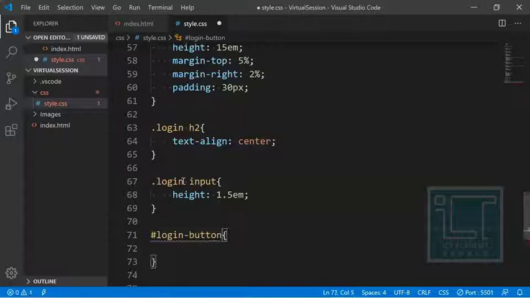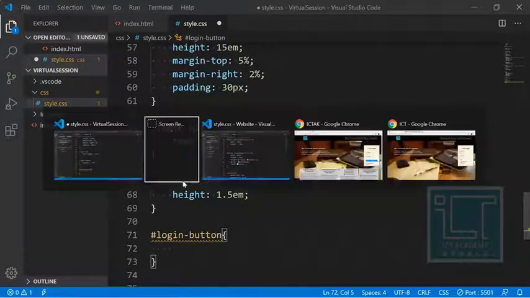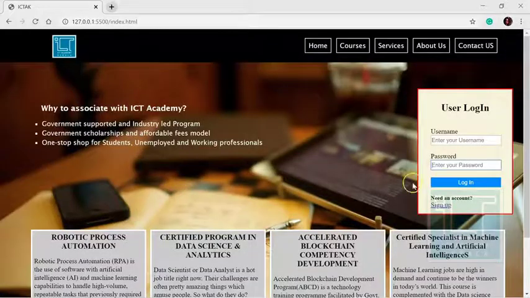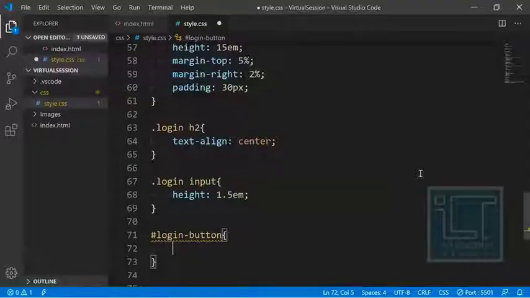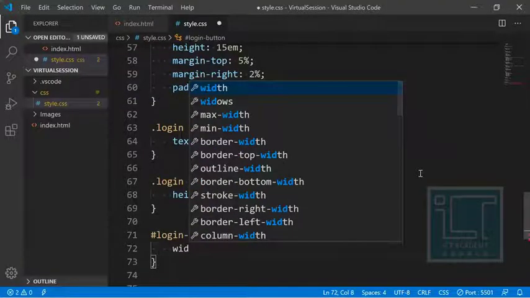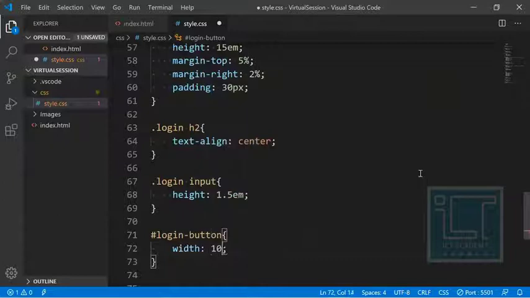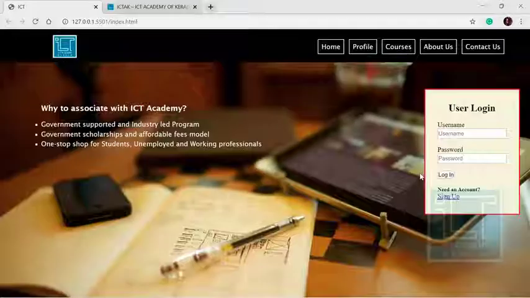Okay, then what we have to set is a width, because we need to align this width to the same as the input tag of the password and the username. This is a small width, so we need to increase the width from here to here. So let's try it out. There is another property called width where we can set, let me set it to 100%. Let me see whether it's been aligned.